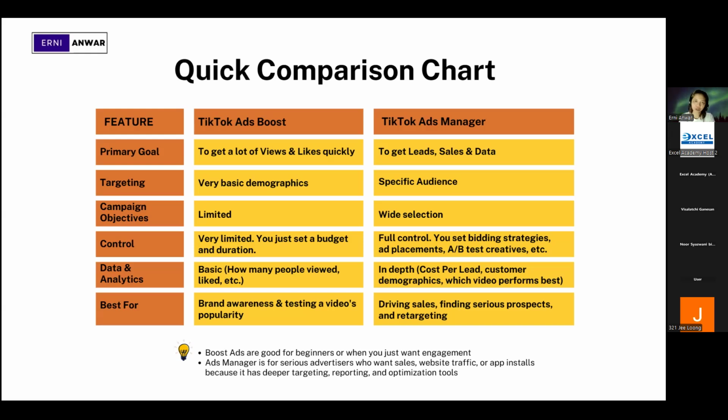S Boost, yes, it still has some data, but the data is not correct, lah. It's not as correct as S Manager because it's not too deep. And also, if you want to do retargeting marketing, it is difficult compared to S Manager's data. Alright. And for targeting, demography for S Boost,